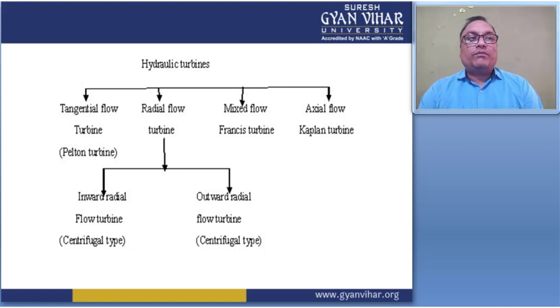The inward radial flow turbine is one type of centrifugal turbine, and the outward radial is also one type of centrifugal turbine. The mixed flow turbine is the Francis turbine, and axial flow is like the Kaplan turbine. So these are the different kinds of turbines, but today I am talking only about the Pelton